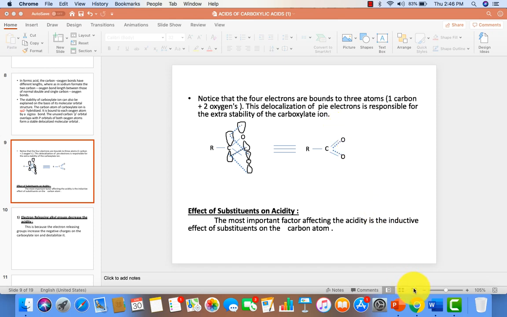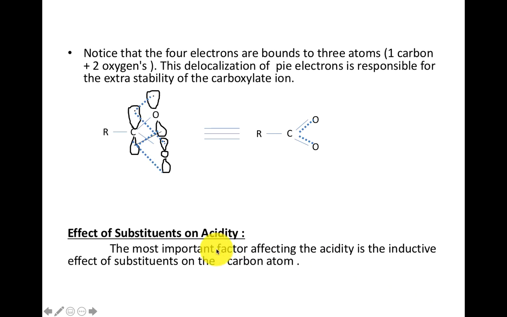So, hi everyone. This is the continuation of the previous topic, that is the effect of substituents on acidity. In the previous topic I explained the acidity of carboxylic acids based on dissociation constant, resonance and molecular orbital theory. These are all topics on acidity constants. If there are any substituents present on the carboxylic acid group, what will be the effect of those substituents on acidity? We are going to learn that now.